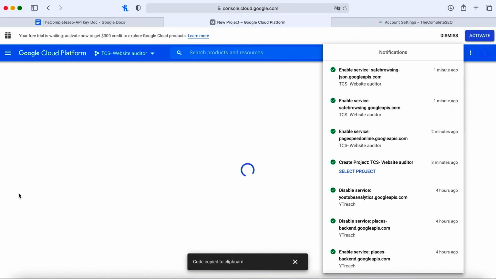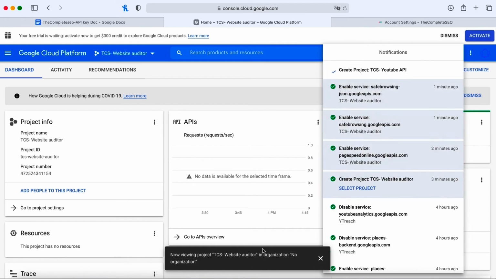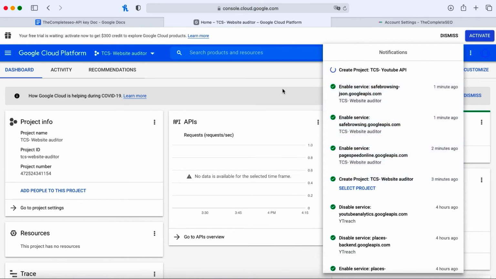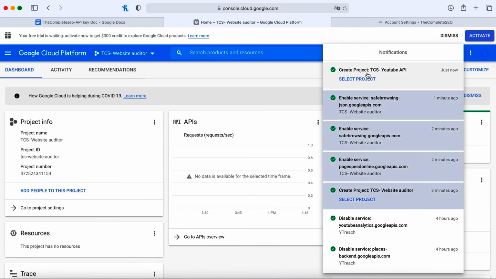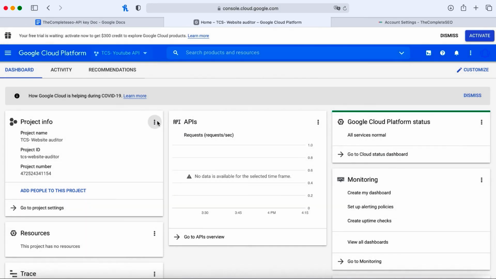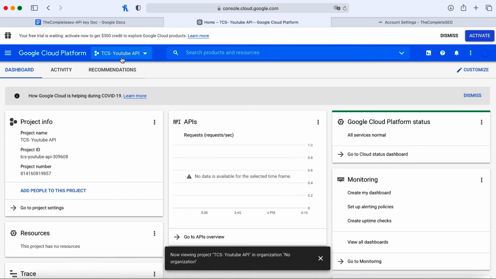Then create. The project is being created. You can select the project here. Now we have selected the YouTube API key project.